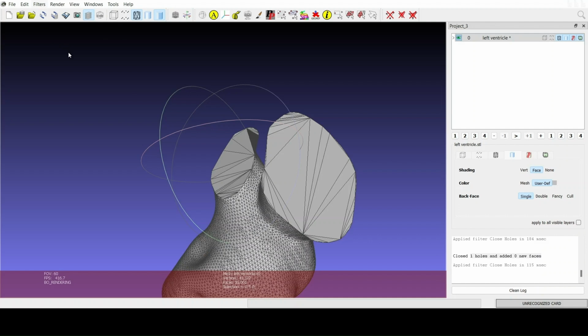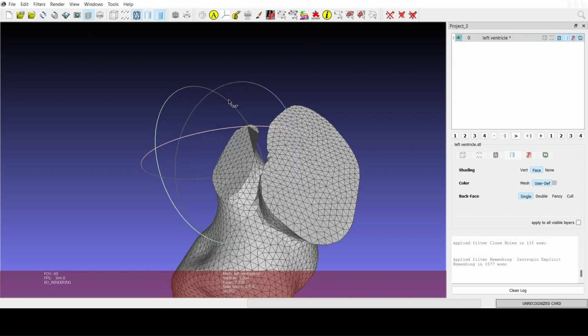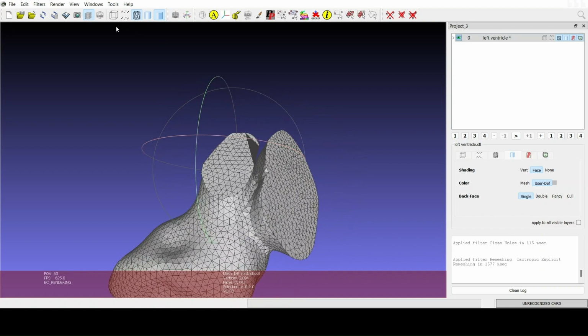So now we're going to apply another filter, which is in Remeshing, Simplification, and Reconstruction. It's called Remeshing, Isotropic Explicit Remeshing. Of course, you have all of these steps in the PowerPoint slides, so you can follow it better there. And here we're going to apply this. So you have seen that we create a more isotropic mesh on the surface, and we are going to again apply the Close Holes